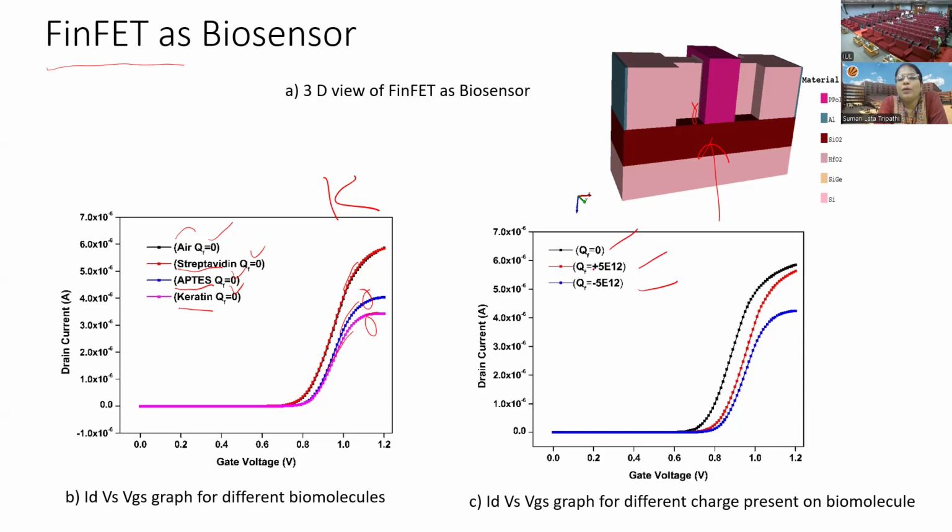0 plus 5 into 10 to the power 12 and minus 5 into 10 to the power 12. So you can see here the characteristic is different for neutral, this is for positive, and this one is for negative. Although there is not much difference in that,